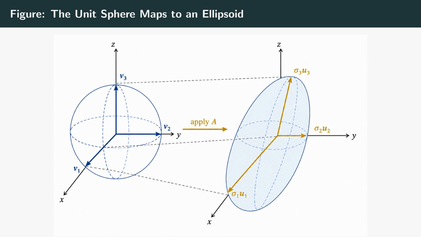The longest semi-axis is sigma 1, the next sigma 2, the shortest sigma 3. Perpendicular went in and perpendicular came out, scaled along the way. This is the complete geometric content of the singular value decomposition, no matter how tangled a matrix looks. It takes the round unit sphere and produces an ellipsoid, and the singular values are simply the lengths of that ellipsoid's semi-axes. If a singular value is 0, that axis collapses flat and the ellipsoid loses a dimension, which is exactly how the SVD reveals the rank.